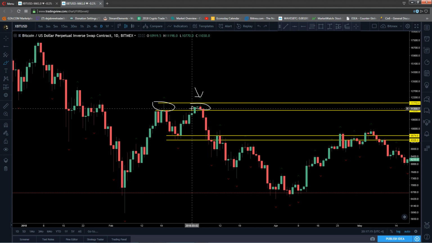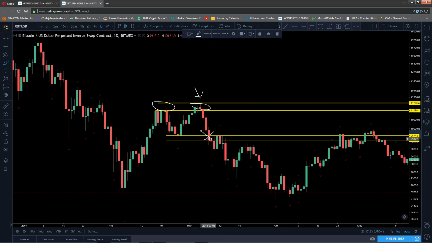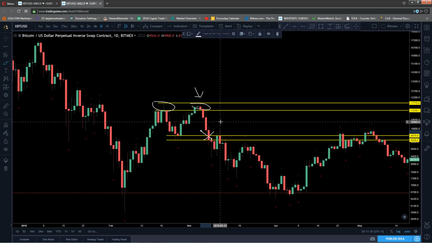remember when trading double tops and double bottoms, your previous support is most likely going to fail. So what we see here is we have a double top. The previous support is broken. It does fail. And as we've said multiple times in previous lessons, you look for the first test of that level to see if it's a false break or the downtrend is going to continue or the uptrend is going